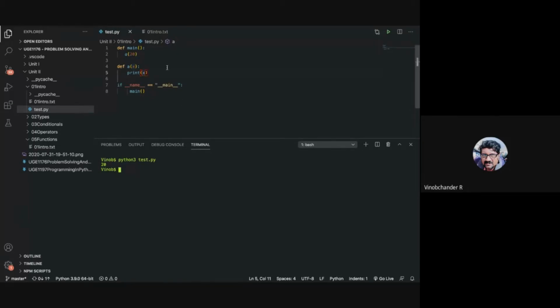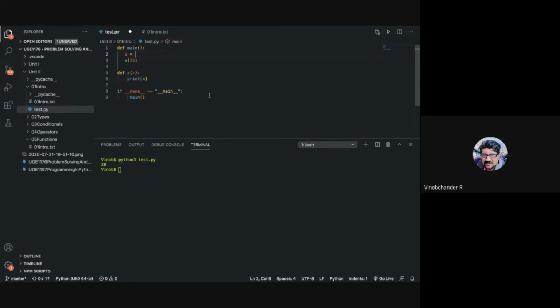Now coming to the state change aspect, so that we can differentiate it from call by reference, let me now print the value of this 20. For that, let me have this 20 in a variable called, say, A. So A is equal to 20, for example.